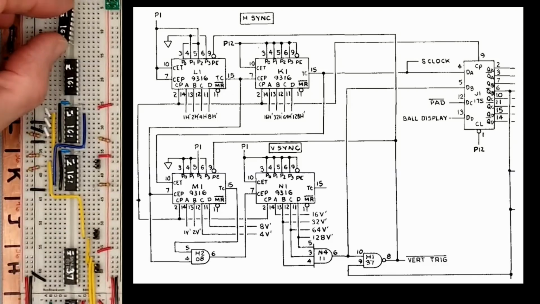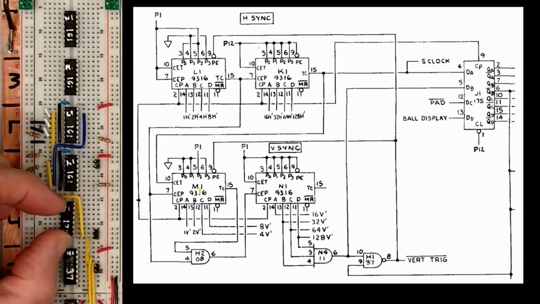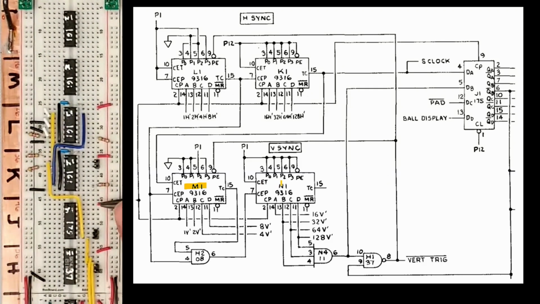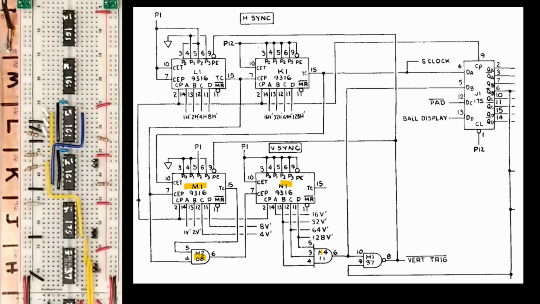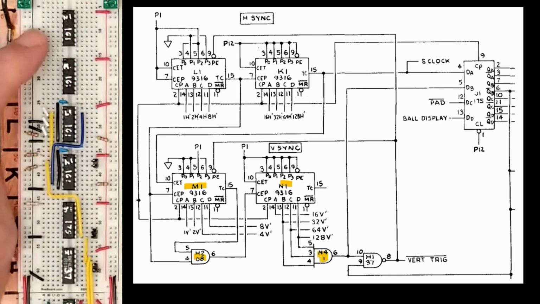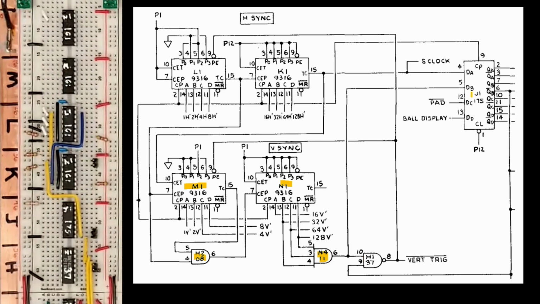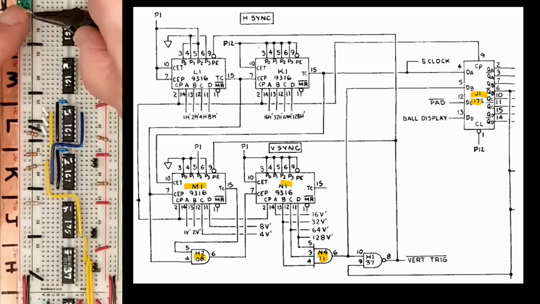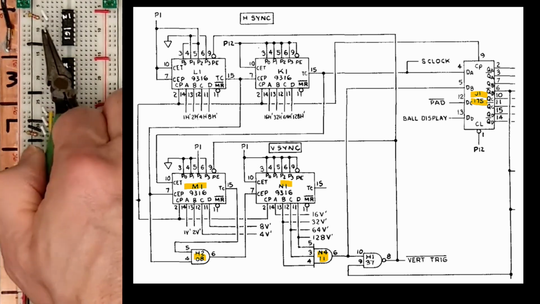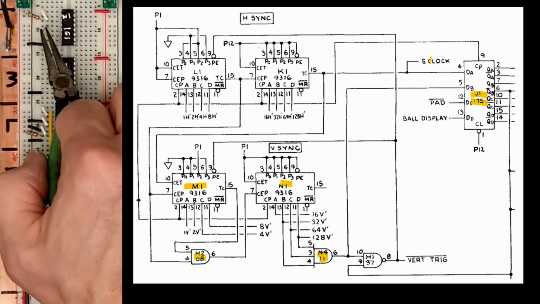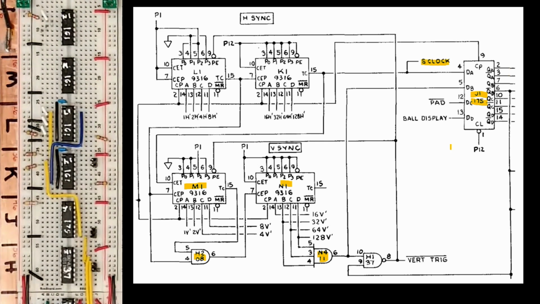Let's build a vertical chain. We'll need 2 more counters in Mary 1 and Nancy 1, the 7408 quad AND gate in Henry 2, the 7411 triple AND gate in Nancy 4, and the 74175 quad JK flip-flop in Jack 1. The vertical counters step once every horizontal line via S clock.